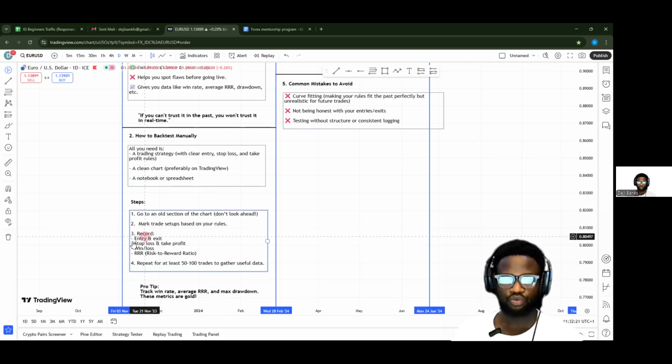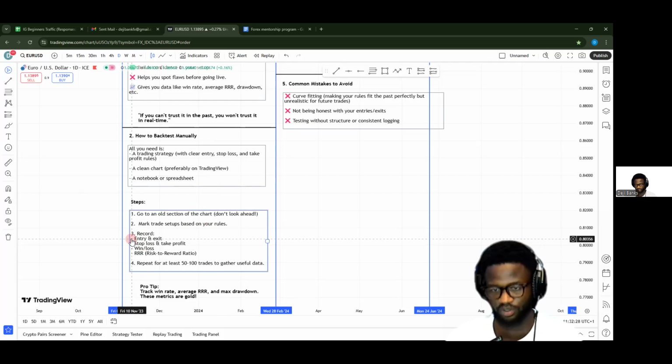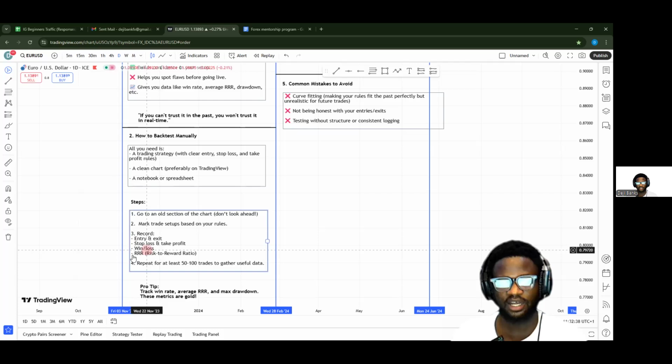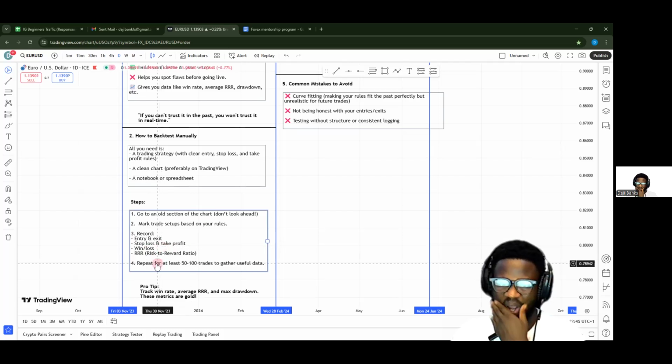So you record yourself. I entered at this price. You could write that down. And I'm going to exit at a ratio of this, because the reason why I'm exiting is because it's another zone or whatever. Remember that from our previous lessons. I think with 3, you should be your best friend on that. Your stop loss and take profit, your win or loss. If the trade ends up as a winner or loss, you record that down as well. And then you note your risk reward ratio as well.